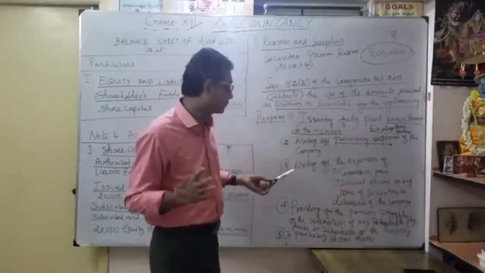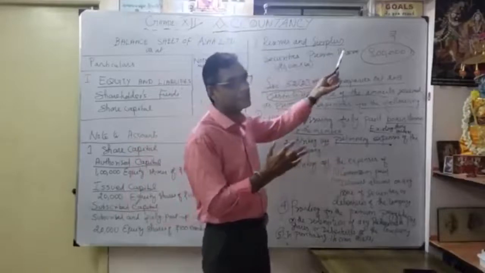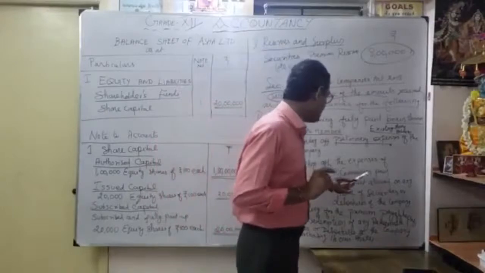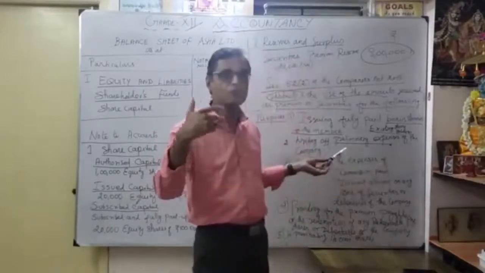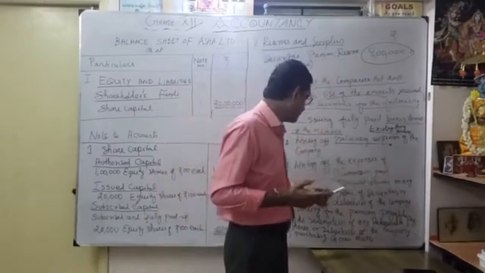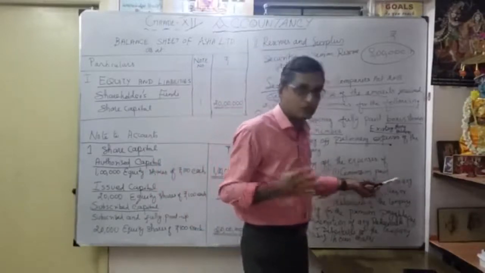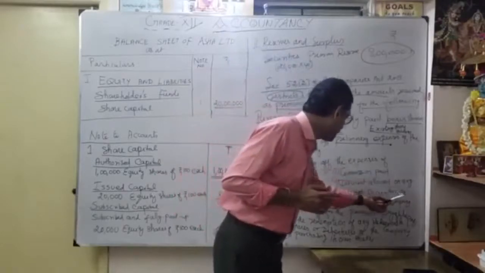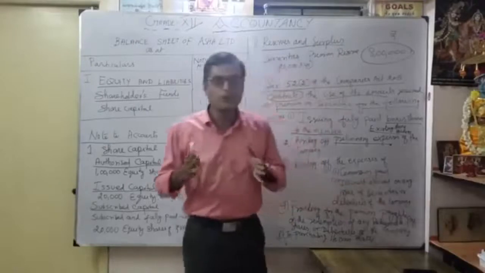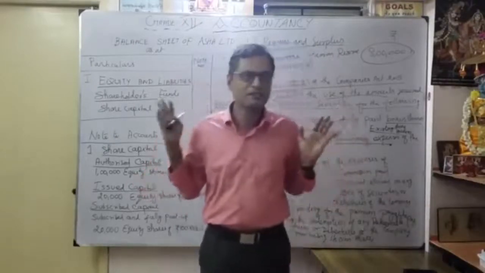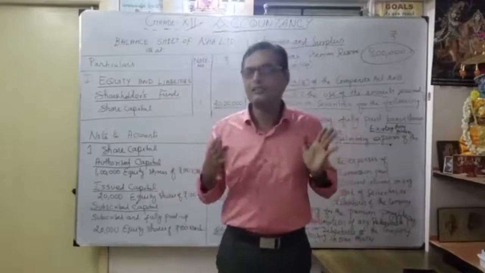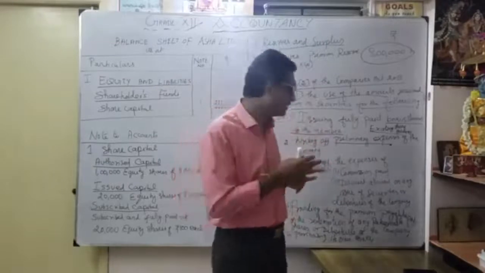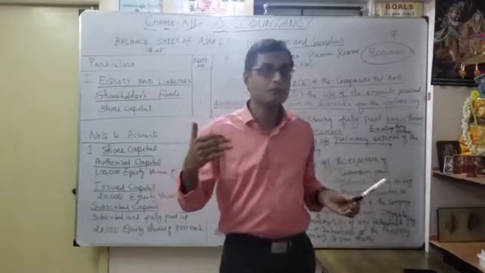What is the third very important one? You can utilize the securities premium reserve to write off expenses. There are 2 important purposes. One is commission paid: any commission paid, you can pay from this money. The second one is discount allowed on any issue of securities or debentures of the company. Suppose you want to issue equity shares, the issue of shares at a discount is not allowed. But it is allowed in the issue of debentures. You can discuss that in a subsequent chapter.